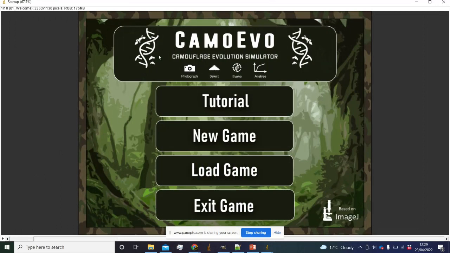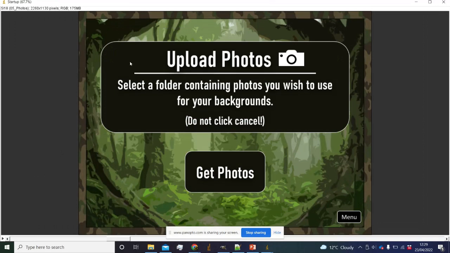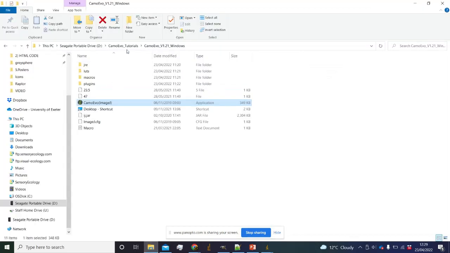And as we're going to be creating a new population in order to demonstrate the evolution, we're going to go to New Game, and it will direct you to upload a series of photos. These will function as the background in which your targets evolve against. As we're not interested in doing this for any kind of experiment, we can use any sort of backgrounds we want. So I've taken the liberty of